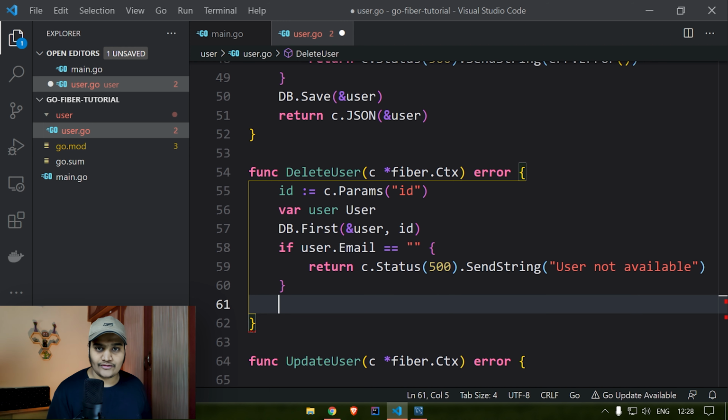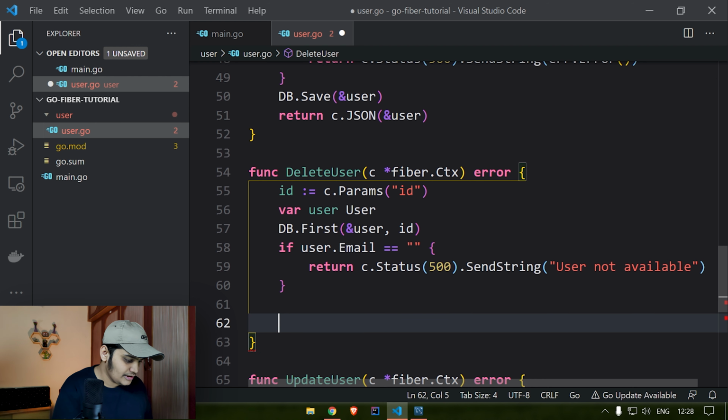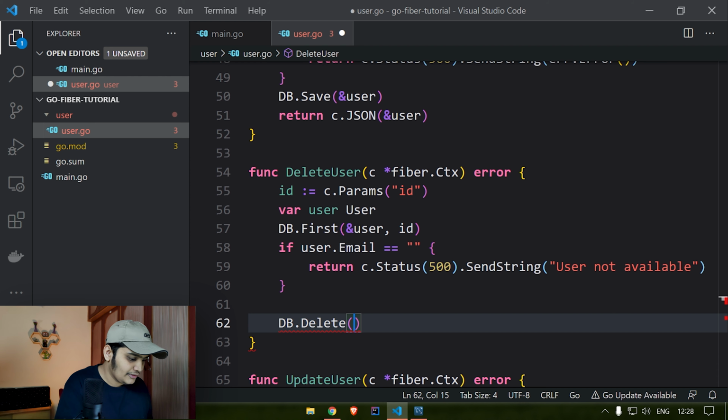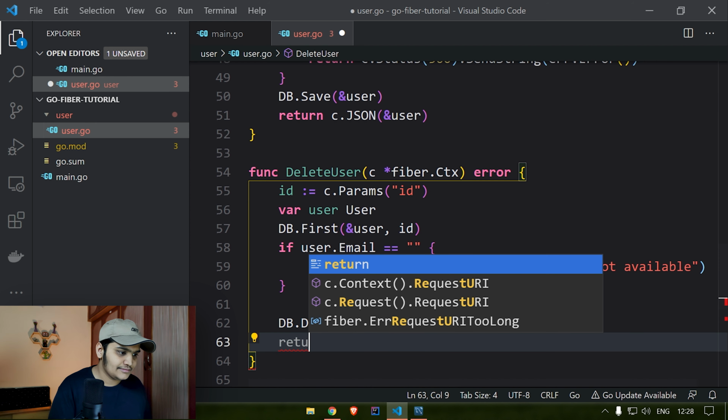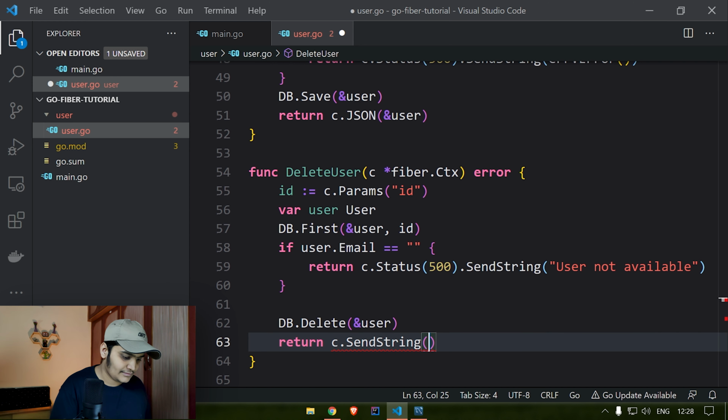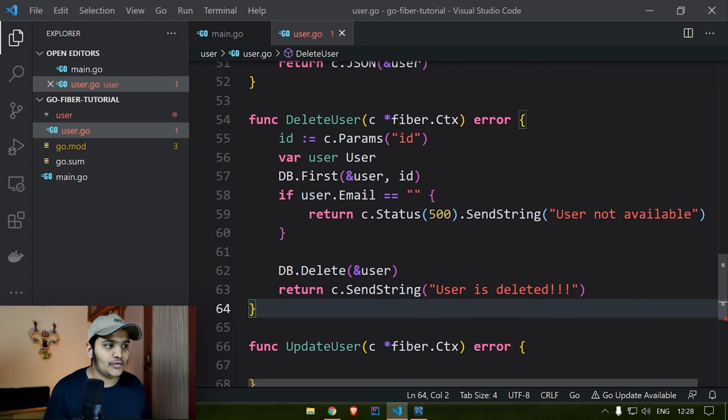If so, if the user is there, what we'll do, db.delete that particular user, and we'll say return c.sendString user is deleted. Simple over here.